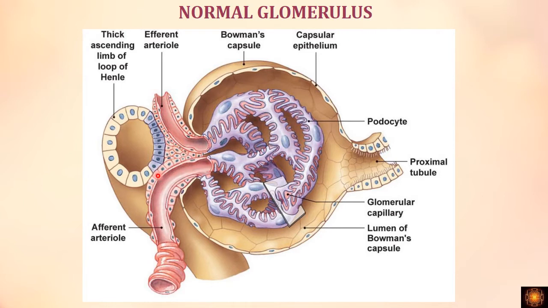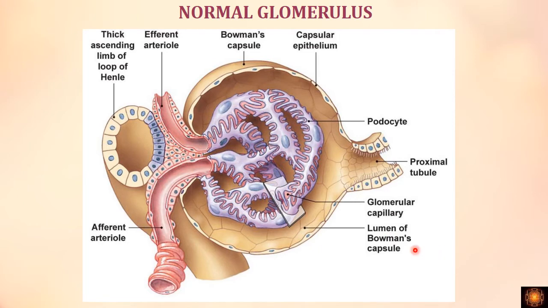This is mainly formed by the macula densa cells. These cells are called macula densa cells, which are present in the loop of Henle or the distal convoluted tubule, which comes in contact with the afferent and efferent arterioles. And then we have juxtaglomerular cells. These juxtaglomerular cells are nothing but modified smooth muscle cells. And then we have extraglomerular mesangial cells. So these three cells form the juxtaglomerular apparatus, and this juxtaglomerular apparatus is useful for maintaining the blood flow into these capillary tufts and maintaining the glomerular filtration rate.